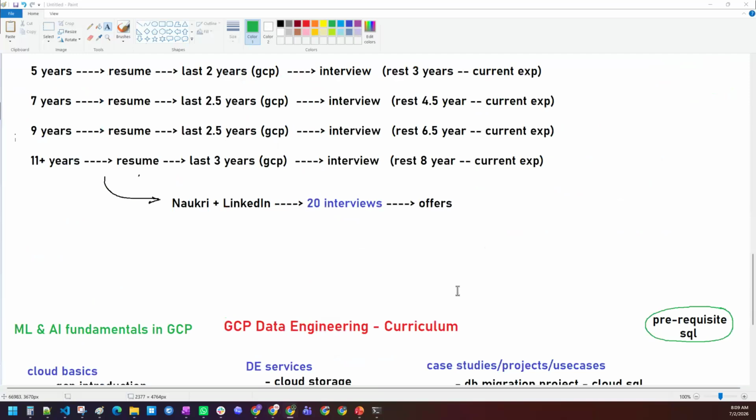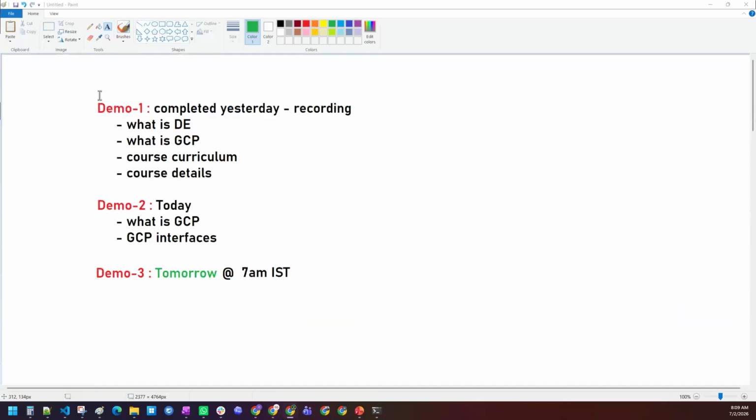Otherwise, yes, we have completed our demo 2 today. We are going to have demo session 3, and we will talk about a few more things there, guys. I hope I have given you some knowledge of what the GCP interfaces are. We have also seen the interface options of Google Cloud Platform, the homepage tour, and how to interact with each and every method as a lab. In the next session, we will talk about a few more things.